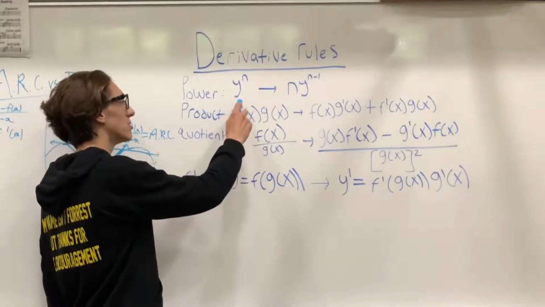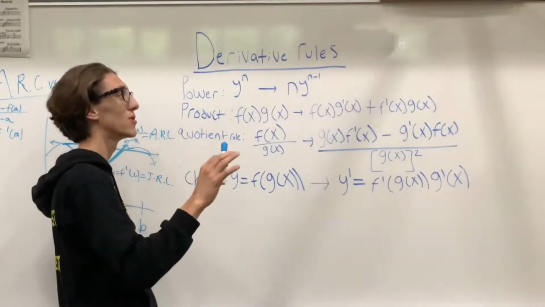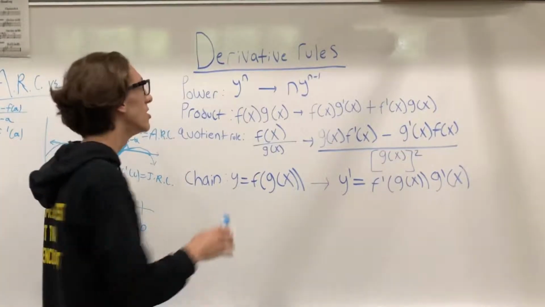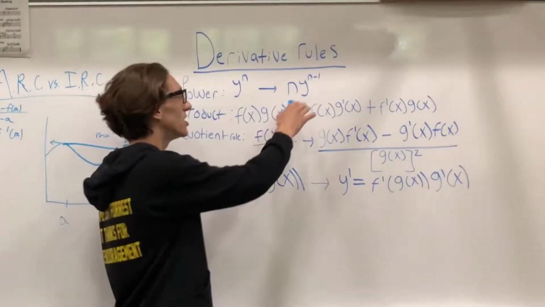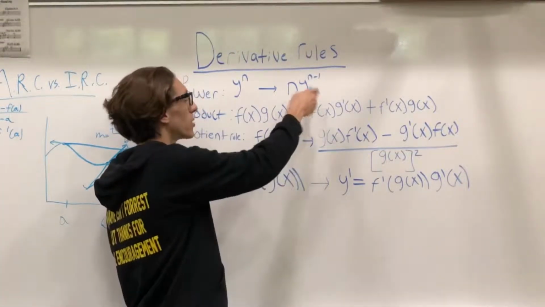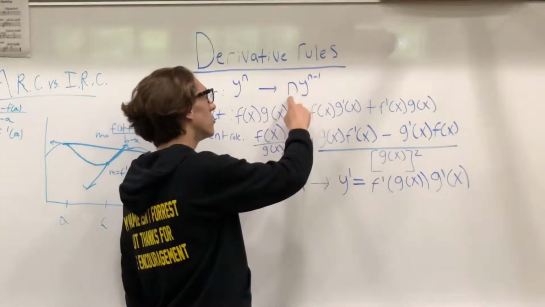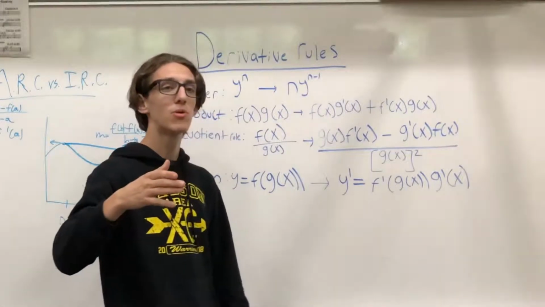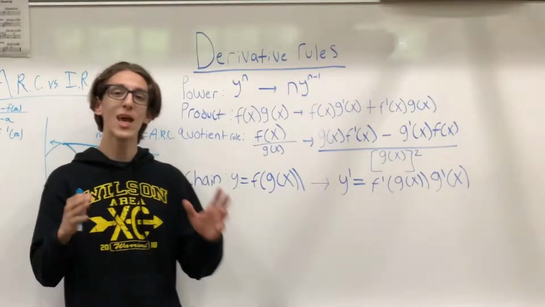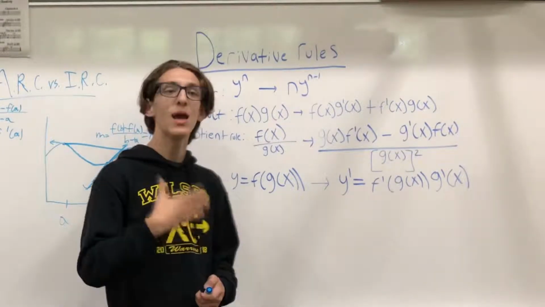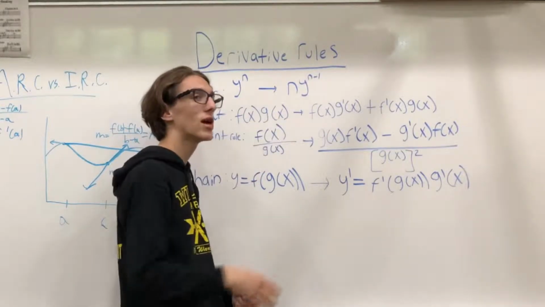So you'll often see equations like this where it's a variable raised to a certain number. So the way you're going to take the derivative of that, you're going to take the number that's in the exponent, bring it down to the front of the variable, multiply that variable by the number, and then take your exponent and subtract 1 from it. So a quick example, let's say it's x to the 8th. Your derivative would be 8x to the 7th,